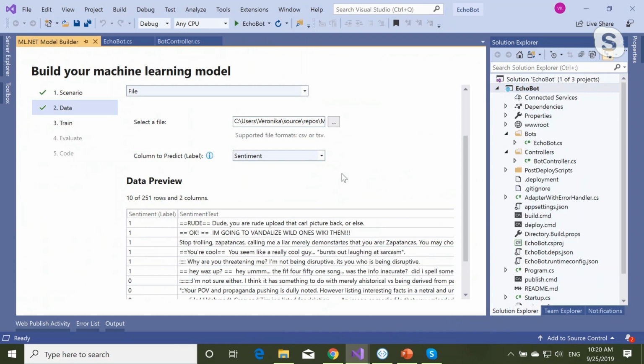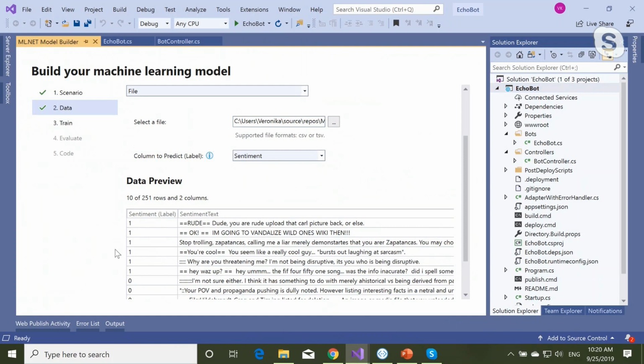Otherwise, your machine learning model will be trained on maybe biased data or incorrect data, and then it won't provide correct results to you later.